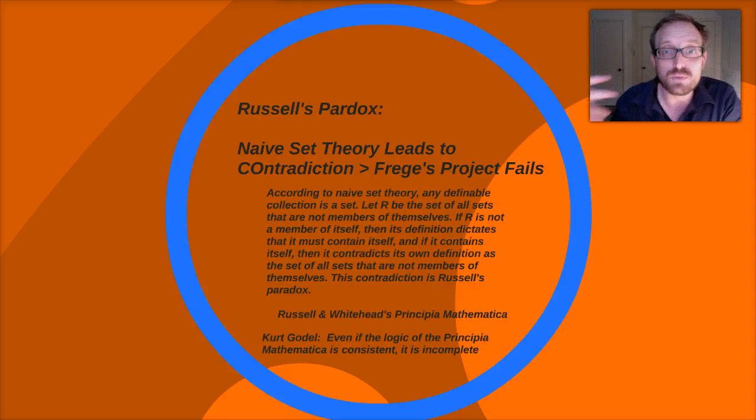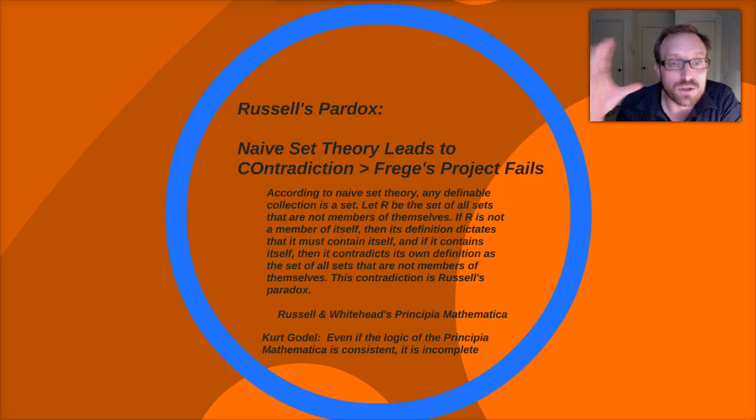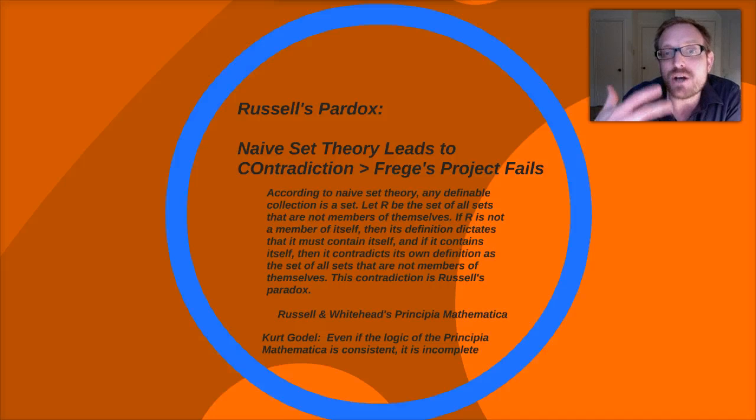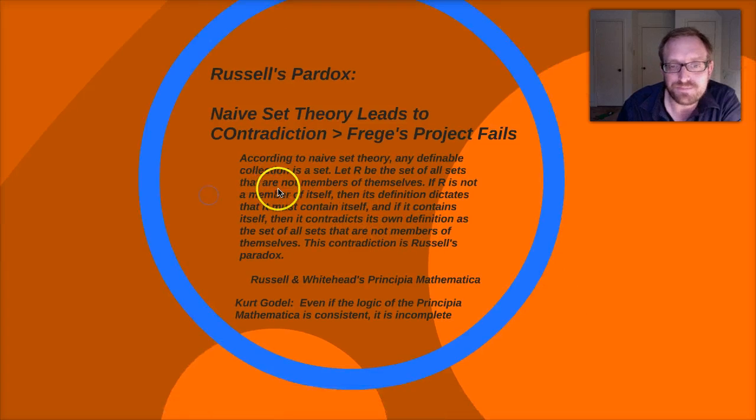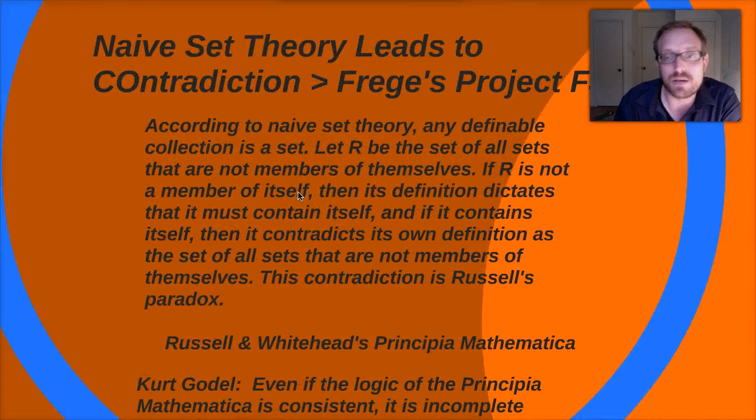But it would be not long after the publication of that article by Frege that Bertrand Russell would publish Russell's paradox. Russell's paradox reveals that naive set theory leads to contradiction. And because Frege uses set theory, his own project is susceptible to that same problem. Now, what is Russell's paradox? I'll read you what I've put here, a quick summary I've pulled right off the web.